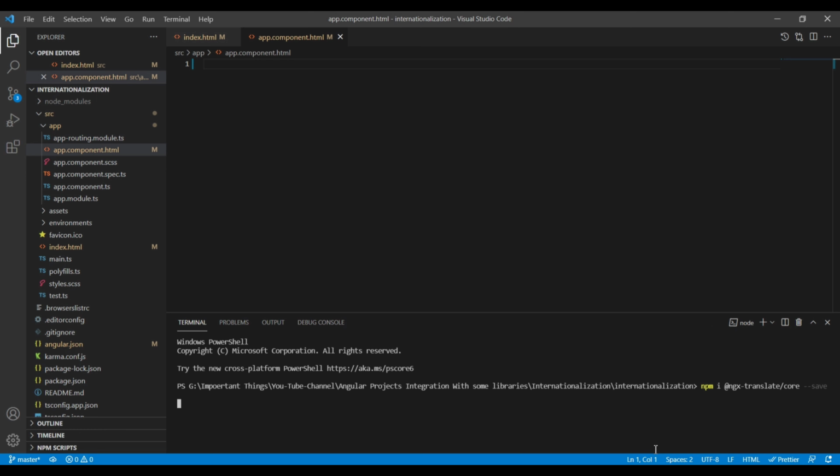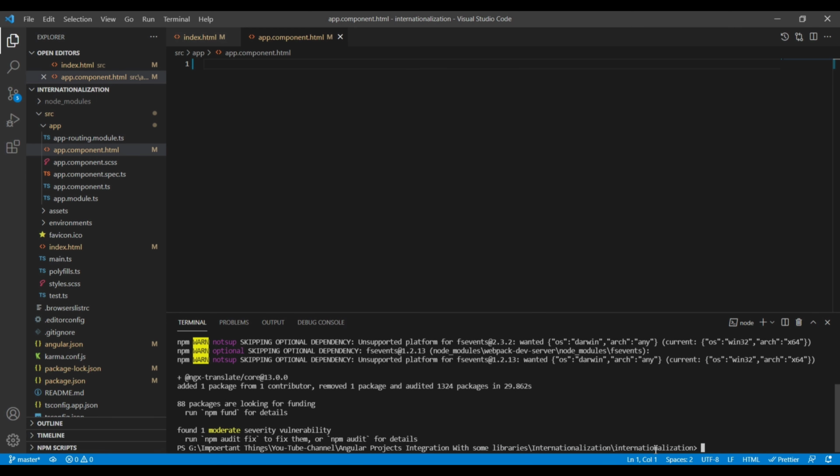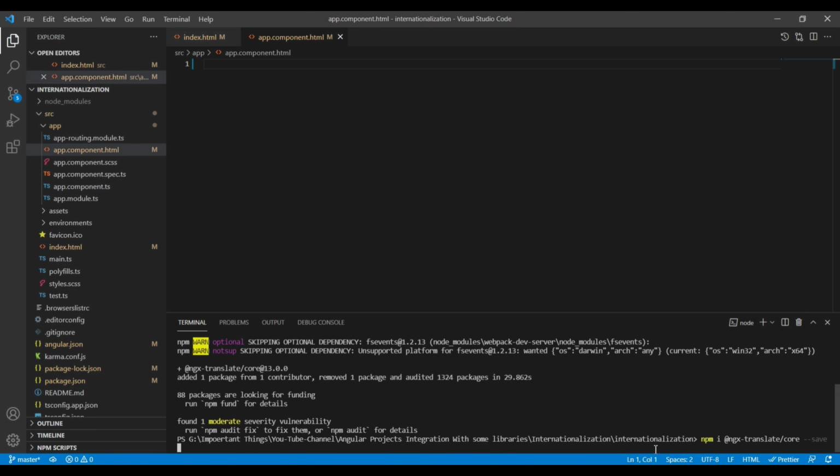This package includes the essential service, pipes and directives to convert the content into various languages. It will take some time. Okay, now ngx-translate is installed.